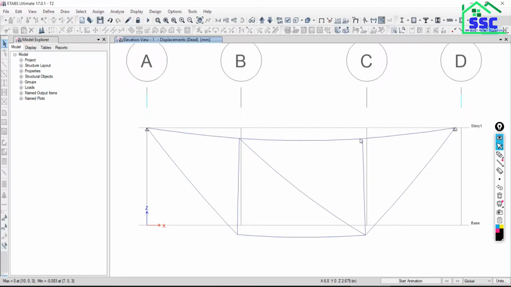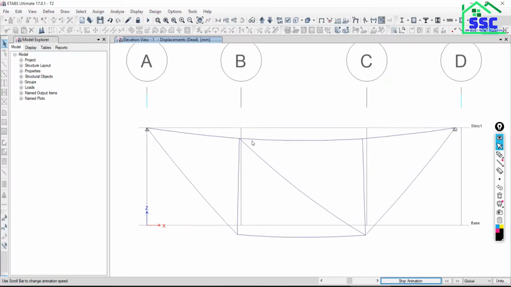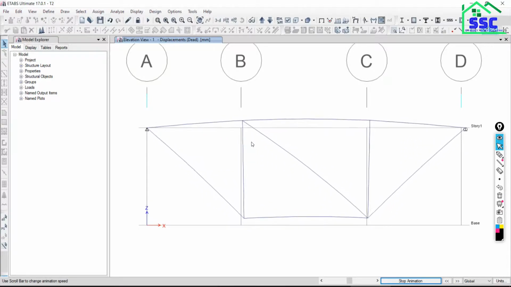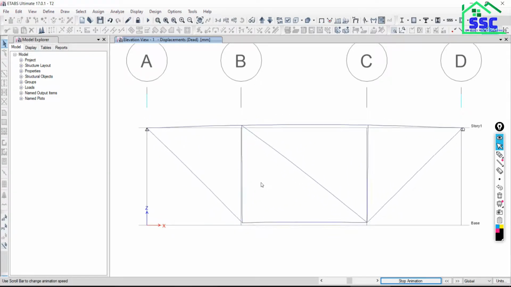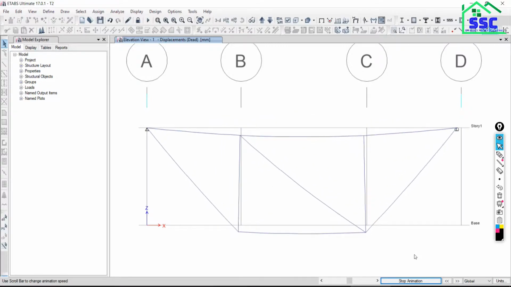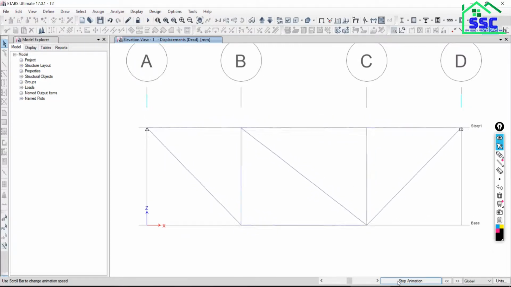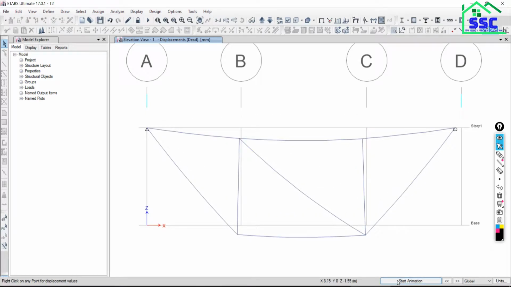So this is the deformed shape of the structure. Under the loading, how the structure will behave, if you want to see, you can start animation. Just click here. Once you click here, your structure will start moving, and there will be animation in your structure. Here you are getting some warning. Okay, that we will discuss later. Yeah, so this kind of result you will get. What kind of error you are getting? Okay, that we will see later.